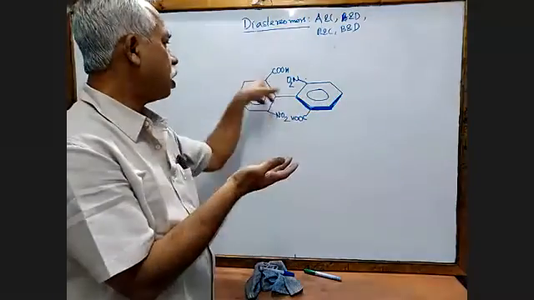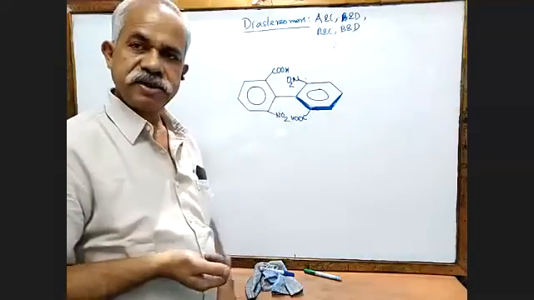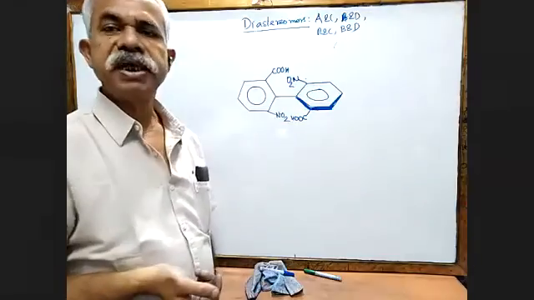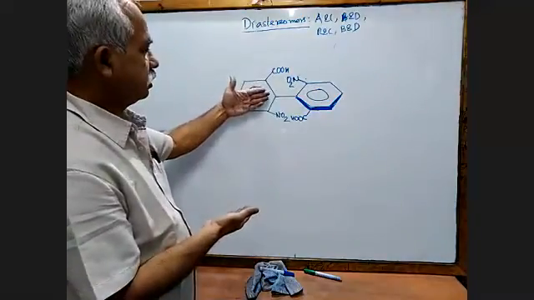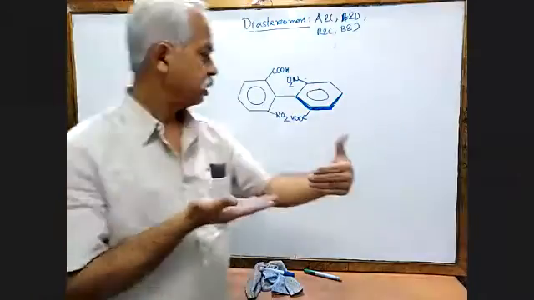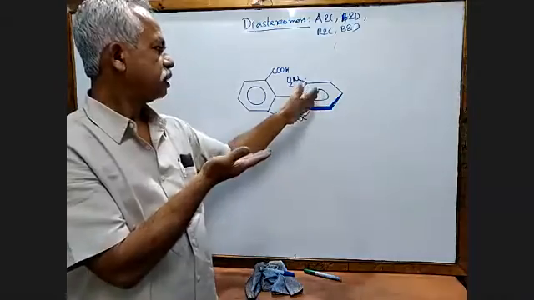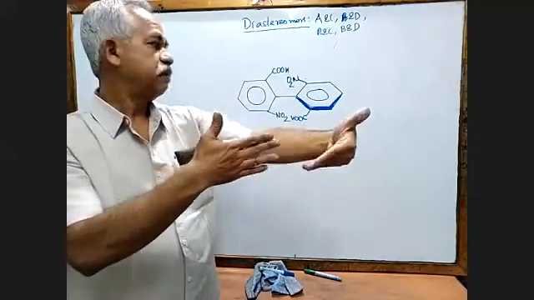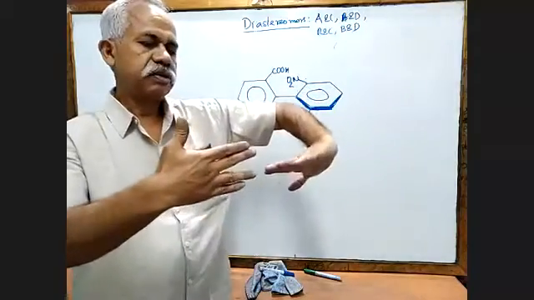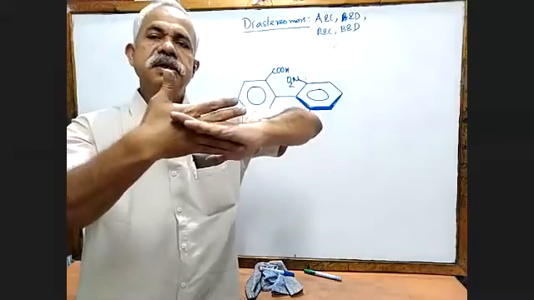And all the carbons here are sp2. But you will find it strange that this compound is optically active. You know why? See here, this is the one. So I will stand like this. See, in that case, what is going to happen? This is this one, and this is like this. If I pass a mirror through this plane, what is going to happen? Is it not going to pass like this?